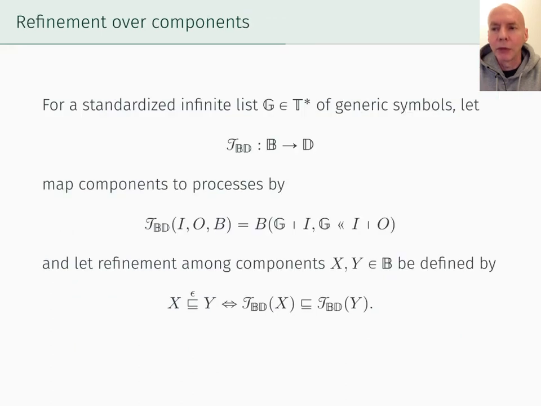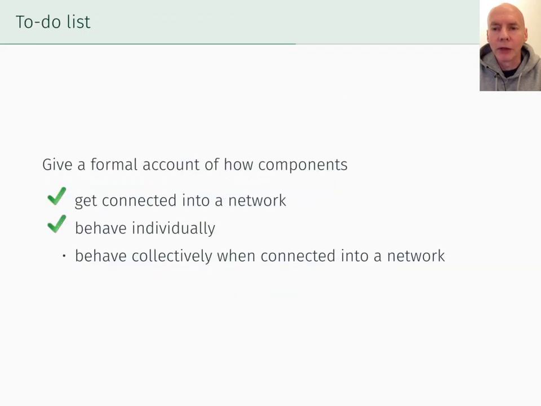And when we do that, it's no problem to have a concept of refinement among primitive blocks induced by refinement among processes. All we have to do is instantiate two blocks as processes with the same alphabets, and then check those processes for refinement. And here I'm using this notation for list truncation. So it seems that we can check one more thing off our list now. We have a way of talking about how components behave individually. Now all we have to do is get around to describing what happens when we put them together into a